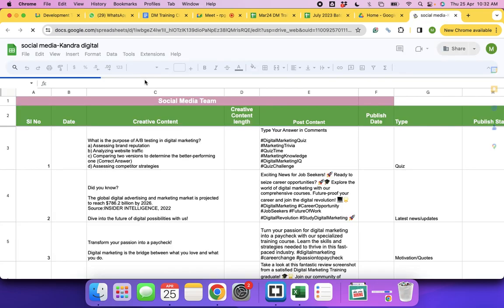I'll just paste this template for everybody's reference, the format, how it looks.